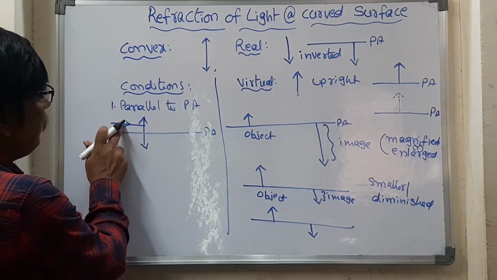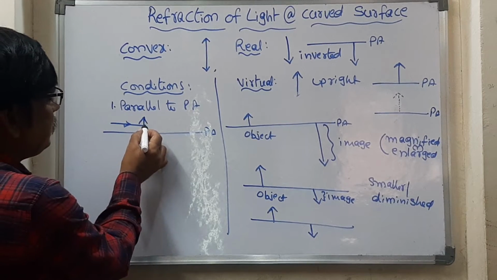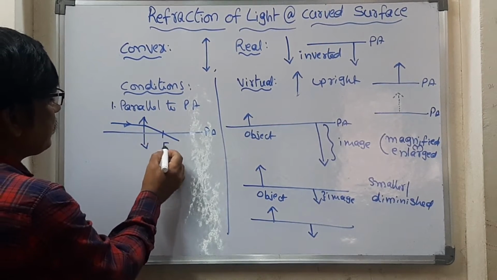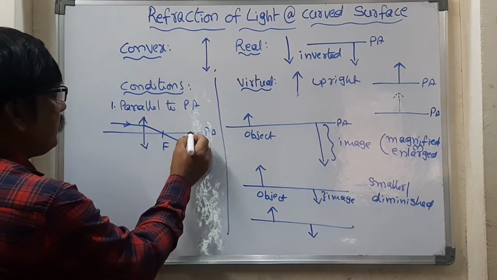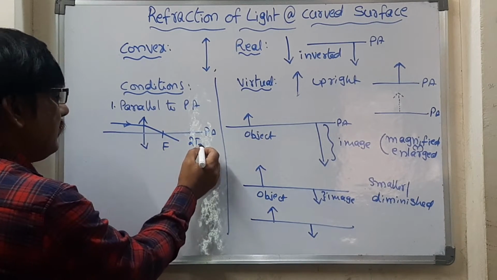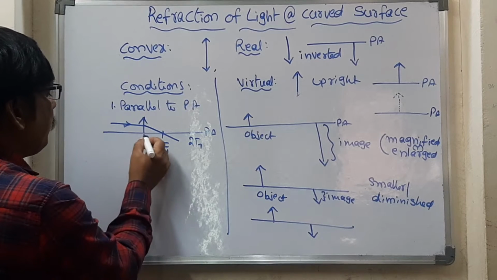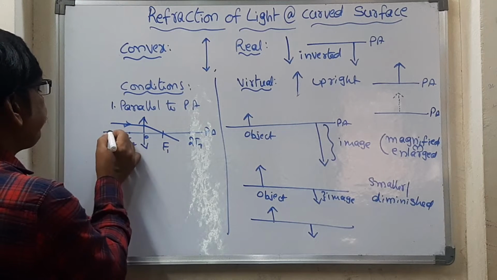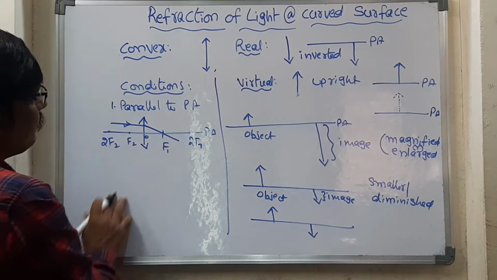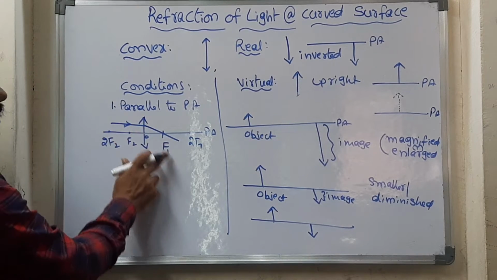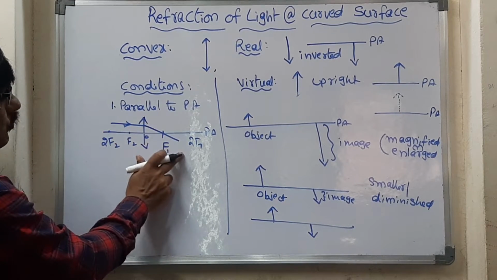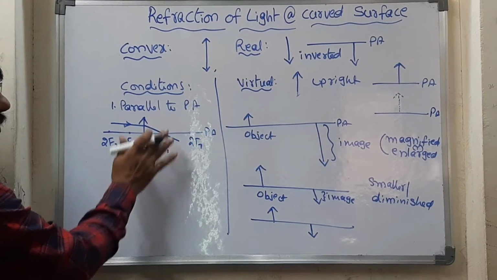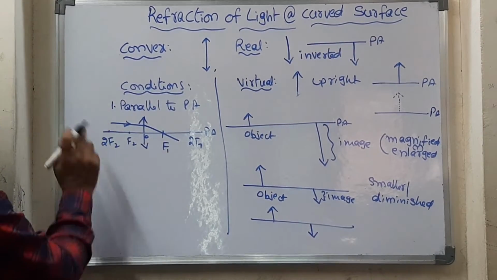If a ray is traveling parallel to the principal axis, naturally it passes through the focus. If it is 2f1, we can suppose to take. All these things we will discuss, nothing to worry. Optic center, this is f2, this is 2f2. If the ray is passing parallel to the principal axis, it passes through the focus. This is the first condition we have to take for drawing the ray diagrams, this is the first procedure.